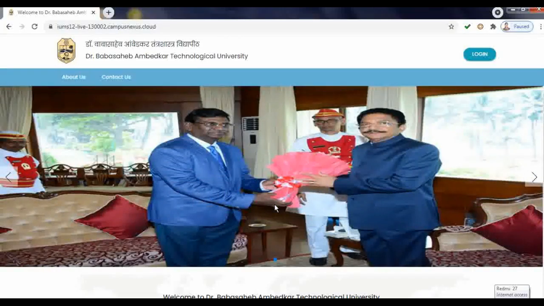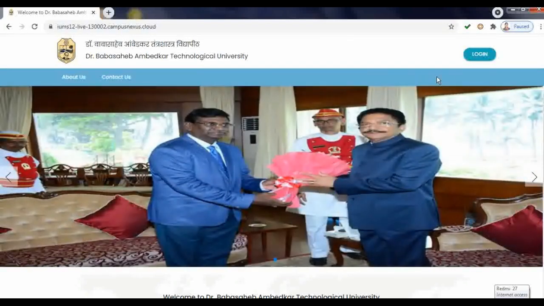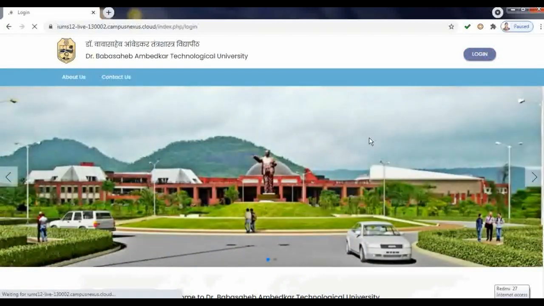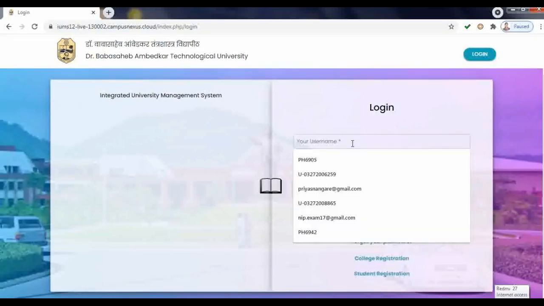So this is the login page of the IOMS portal. The link for this login page I have already given in the description box. You can check it. So students can log in over here. Just click on this login. All the students know about the username and password.